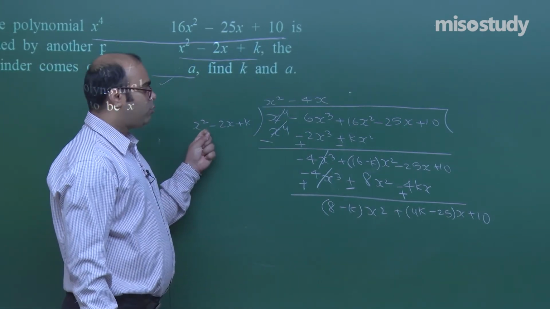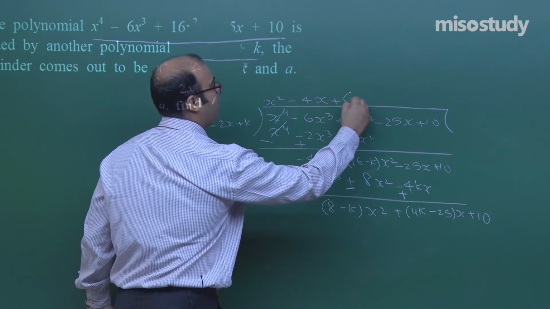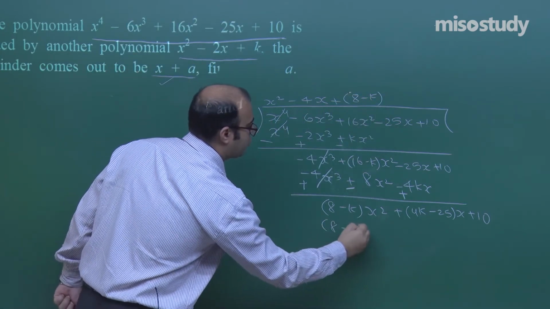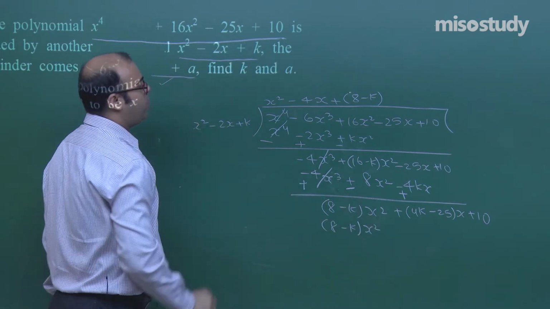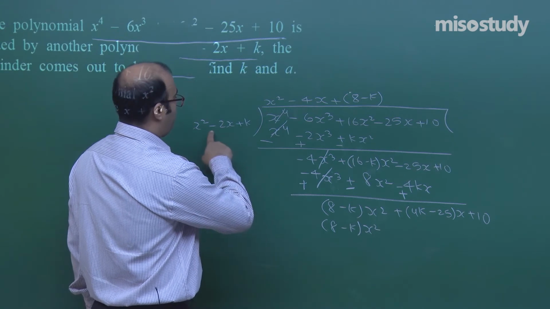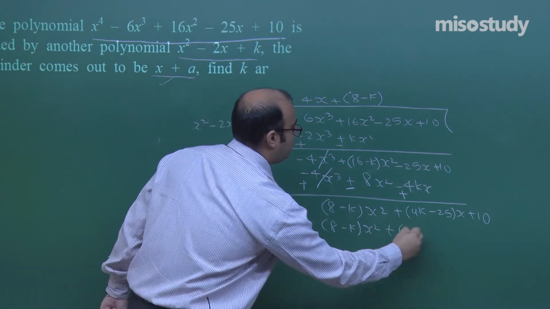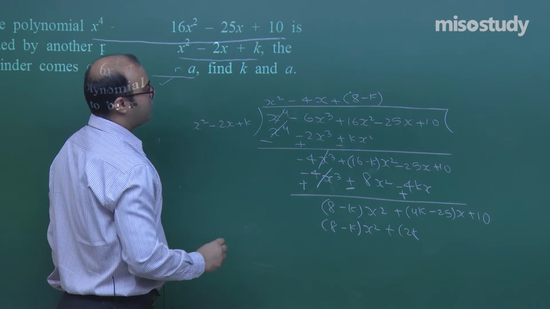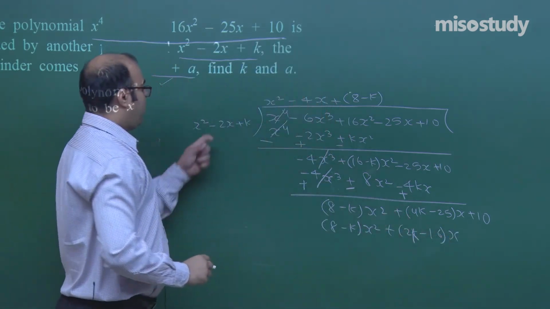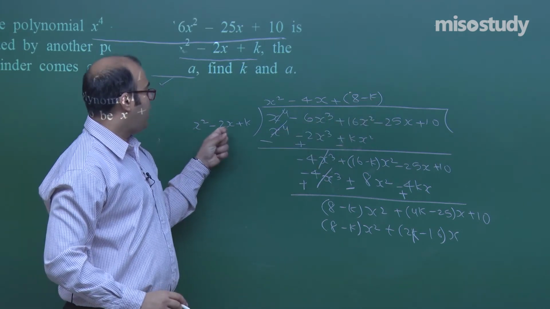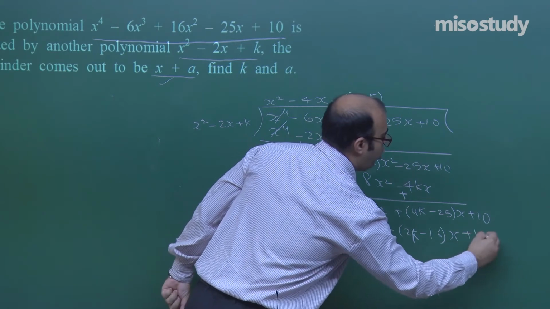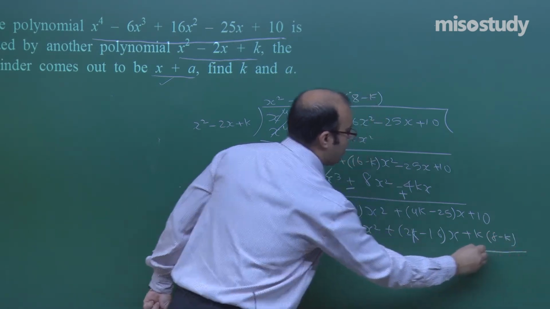Now, we can divide once more. So, we will now multiply with 8 minus k. So, 8 minus k into x square is 8 minus k x square, and the other term is minus 2 into 8 minus k, that will become minus 16x plus 2kx after multiplication. This is what we will get here. Minus 2 into minus k is plus 2k, minus 2 into 8 is minus 16. K into 8 minus k is the constant value which is independent of x.